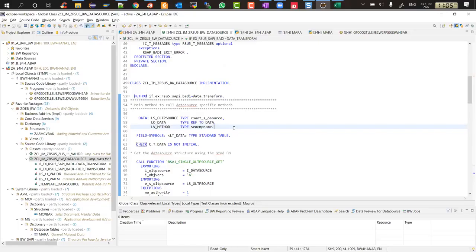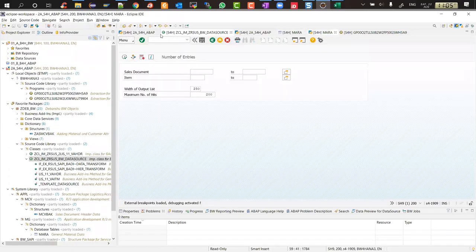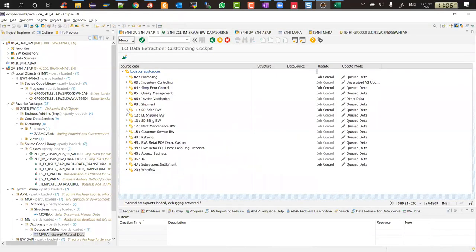Now within LO also, some people I have seen say keep sales and distribution 11, 12, 13 as a separate implementation, and others like inventory and purchasing, because they are modules, materials management, keep them separate. Sales and distribution, keep them separate. Plant maintenance and customer service and others, keep them separate. So I have seen segregation within LO also. Again, there is no hard and fast rule, nothing like this is better than that. It is completely based on how your